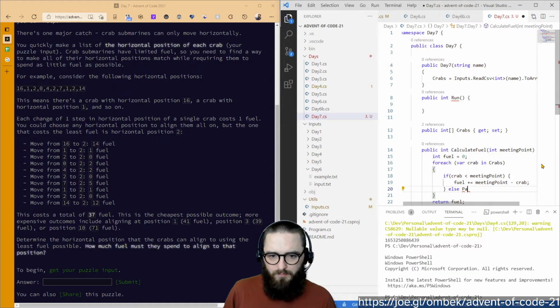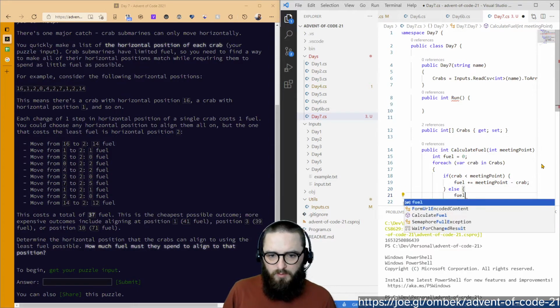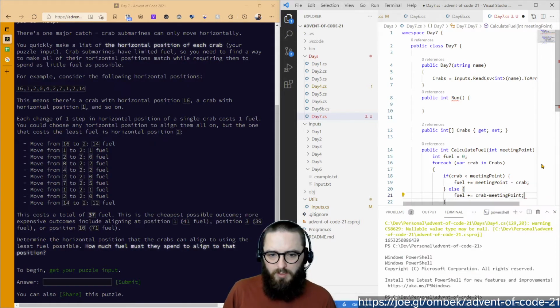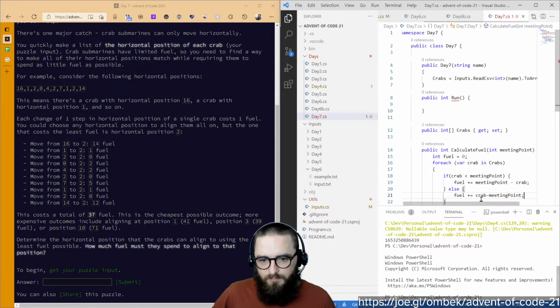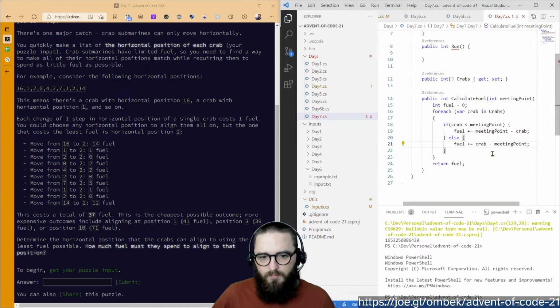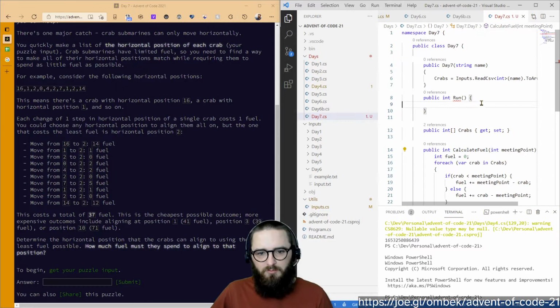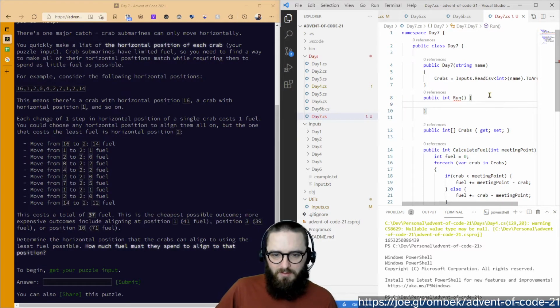Otherwise, fuel plus equals crab minus meeting point. If the second part of this puzzle is, oh, it turns out they can move in 2 dimensions after all, I'll be annoyed. So I'm going to say that, to start with at least,